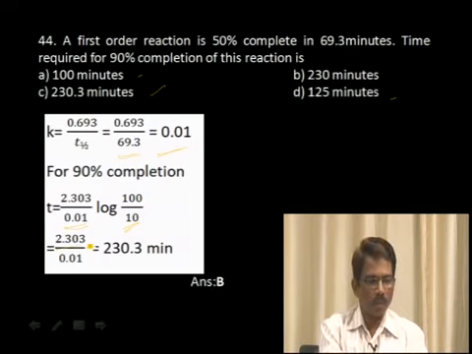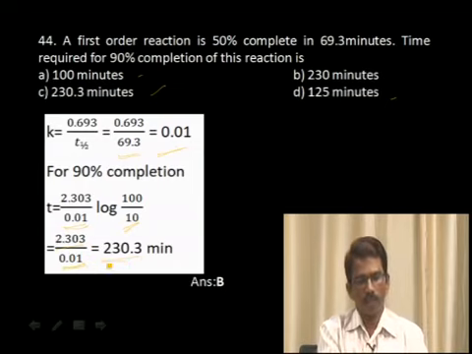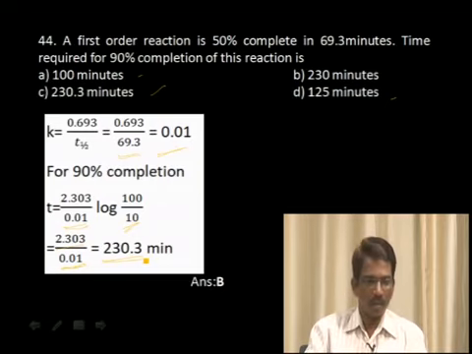So 2.303 by 0.01, when you shift the decimal point, becomes 230.3 minutes, and therefore the correct answer becomes